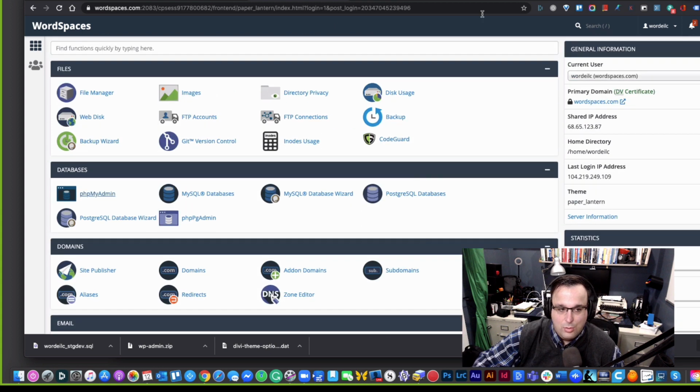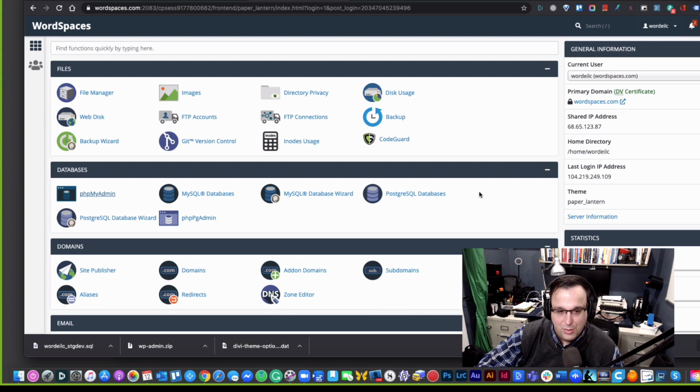Now the other thing I want to mention is that this normally could be on another server, right? Like this could be on a different hosting company. It could be on a different server. It could be on a different area of your website. Fortunately, I'm using it on the same server. So I'm going to do it as if I was doing it to a different server because that's typically what most people are doing. But for me, I'm doing it on the same server because this is the only space I've got right now. So